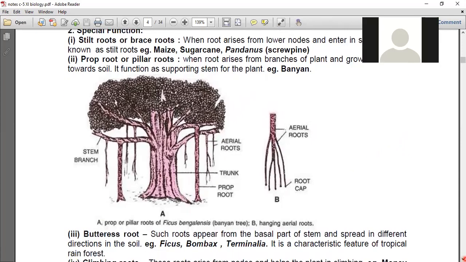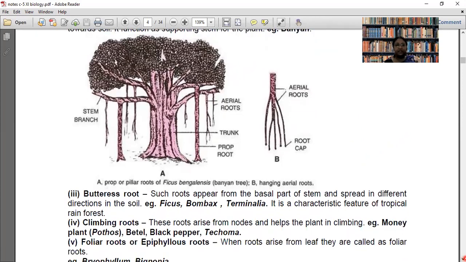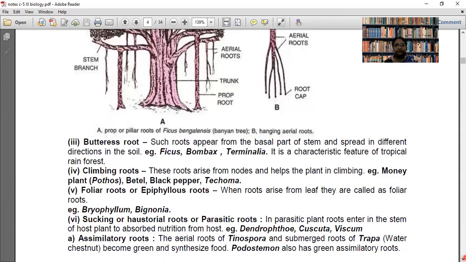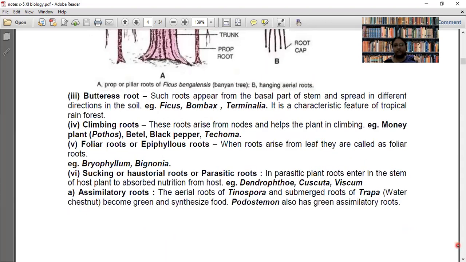Third type, it is very often, I suggest that after this you go to any garden and try to find out different types of roots and leaves. It will be very easy for you to understand. Generally in school I always try and take students to some botanical garden and show them each and every part. They remember it for life. I will obviously show you videos. But the better part is if you can go to any garden and observe different types of plants, you will learn a lot more than reading a story book.